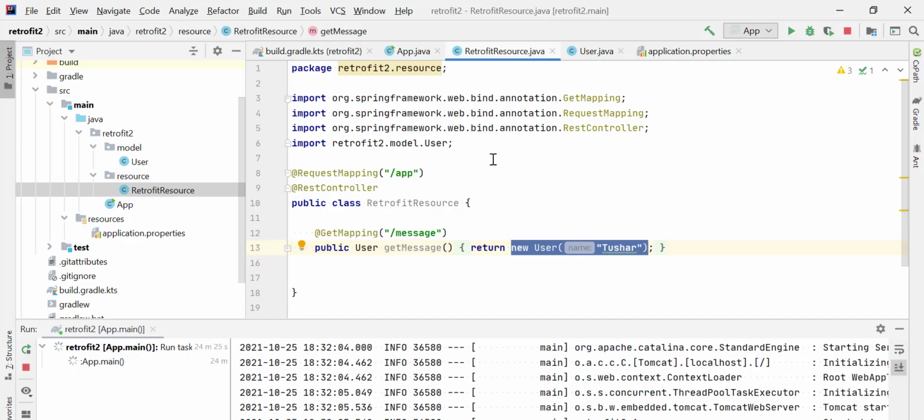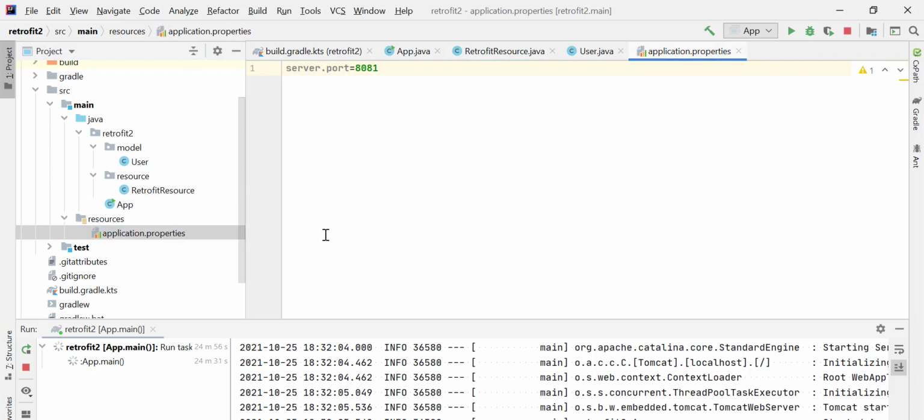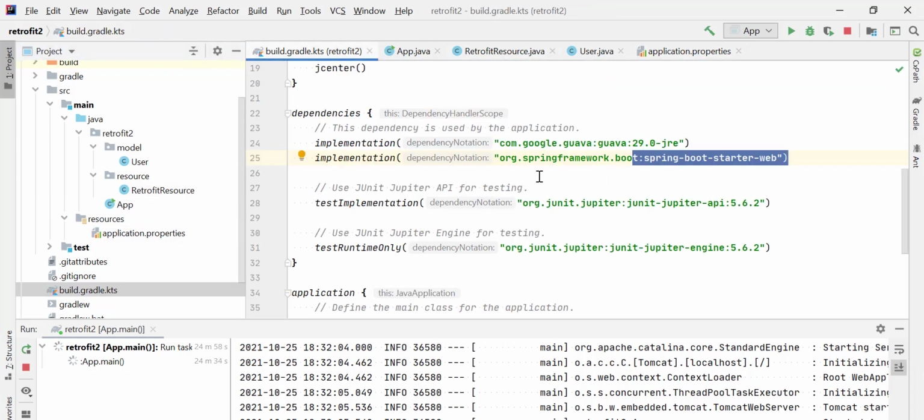Firstly, to create a demo project, I'm going to create an application B. Like we discussed earlier, we have application A and application B. To consume the data from application B, we have created application B itself so that you can get a clear idea of how we are going to get the data. In this example, we have created a Spring Boot project. This is the dependency we have used so that we can convert our application into a Spring Boot application.